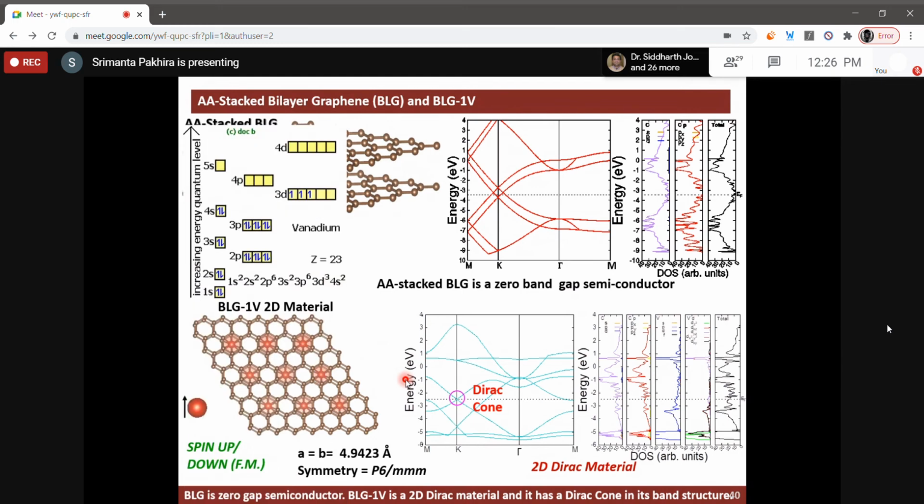But before going to that, we must know the electronic configuration of vanadium. Vanadium atomic number is 23. So first is 2s, 3s, 4s, like that. In the 3d subcell, we'll see three unpaired electrons are there, like this. This is called an unpaired electron. In other cases, according to Hund's principle, electrons are one spin up, one spin down, forming pairs like that. An unpaired electron is only observed in the 3d subcell.